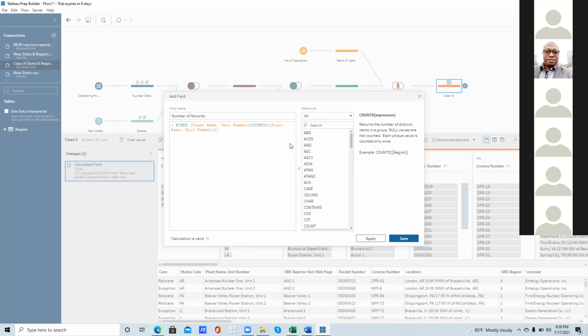This plant is not in your state file or the other file, so Tableau is a little confused. So you have to specify: fix this plant name field and give me the count of that field. That's the level of detail, LOD. We're going to spend a whole weekend on that. Okay, so apply, save, then we can do outputs.